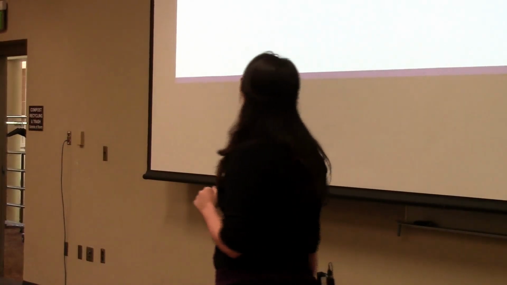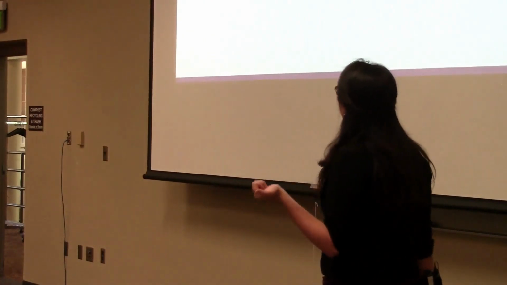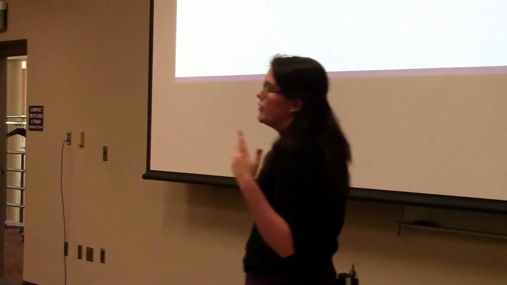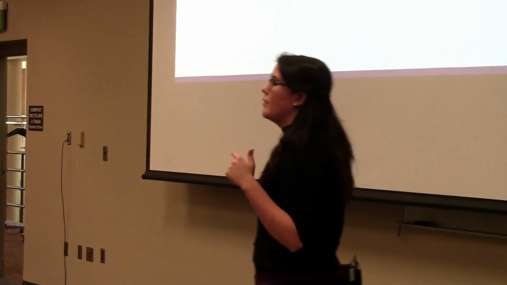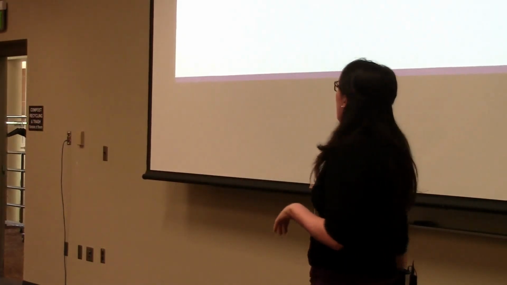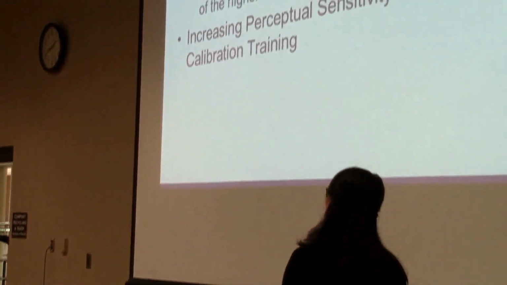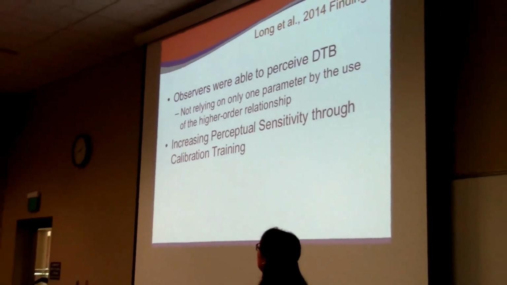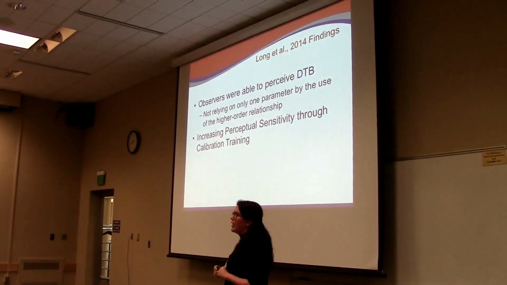it was not due to actually training them on all the materials, but actually training them to be more receptive of that DTB invariant. So our first experiment, we just cared about: can subjects detect DTB, and can DTB be improved through this calibration training? And we found that. We found that observers were able to perceive DTB and that they were actually having to use the higher order relationship, not just distance or force values. We also found a large increase of about 18%, maybe 16%, in our R-squares through the calibration training